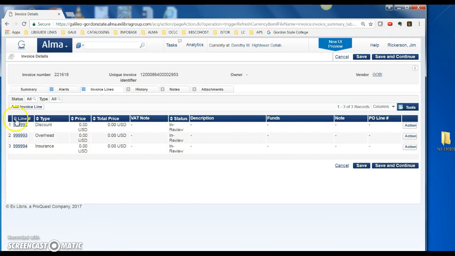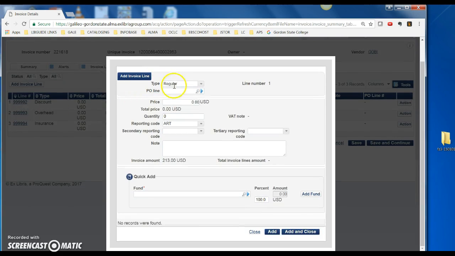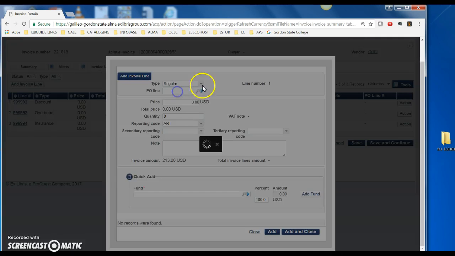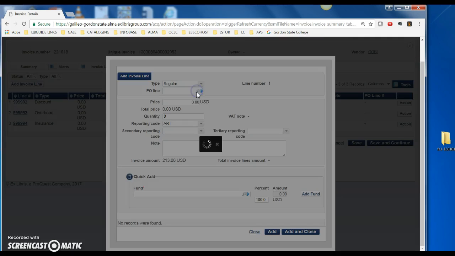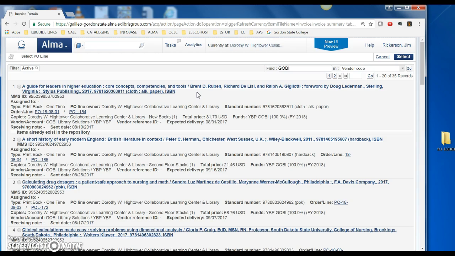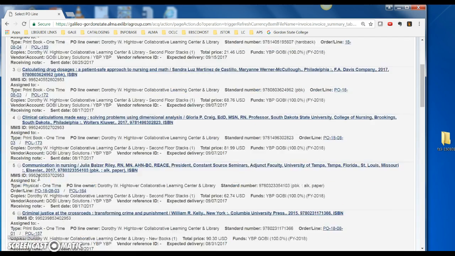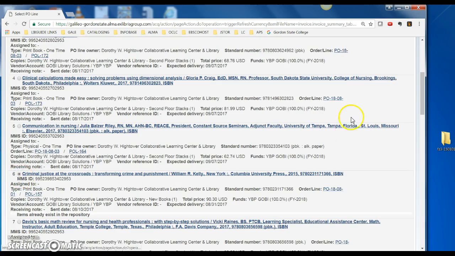Alright, and so from the invoice details page, we're going to click Add Invoice Line, and I'm just going to select regular. I'm not really sure that this makes any difference whether you do shipment or other or regular. We're going to find the book Criminal Justice at the Crossroads on our Select PO Line page, and select that